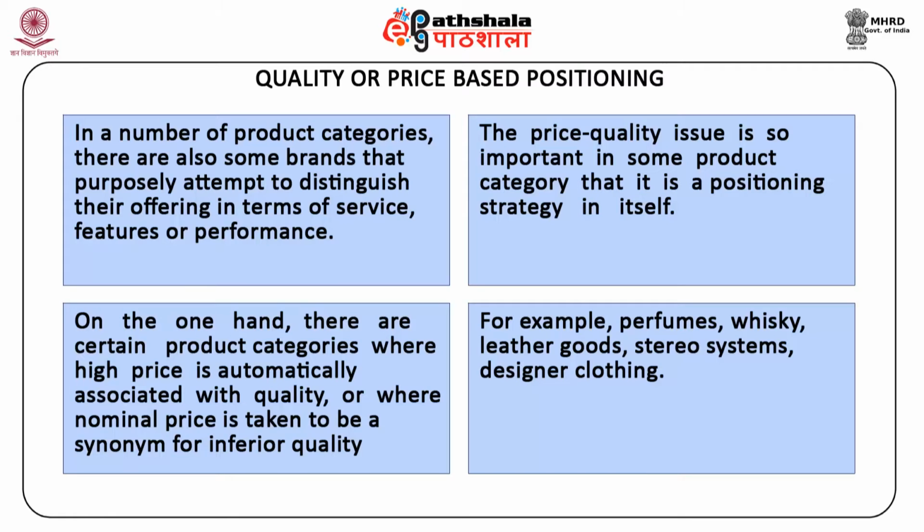Manufacturers of such brands charge more, partly to cover higher cost and partly to communicate that they are of higher quality. Such brands should be positioned based on the price quality approach to communicate that higher price and superior quality